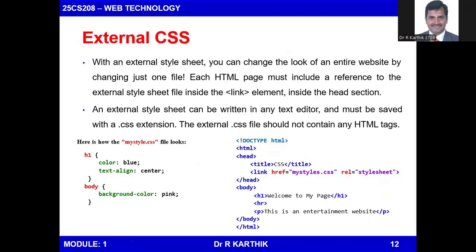The last type is called external CSS. External CSS means we have to write the CSS part in a separate file and make it a .css file, and give it in the HTML program where to link this in the header section using the link tag followed by href, file name, then rel stylesheet. Then by default, whatever you have written in that CSS file will be incorporated in the body section. So right now we have discussed three types of CSS concepts. One is inline,